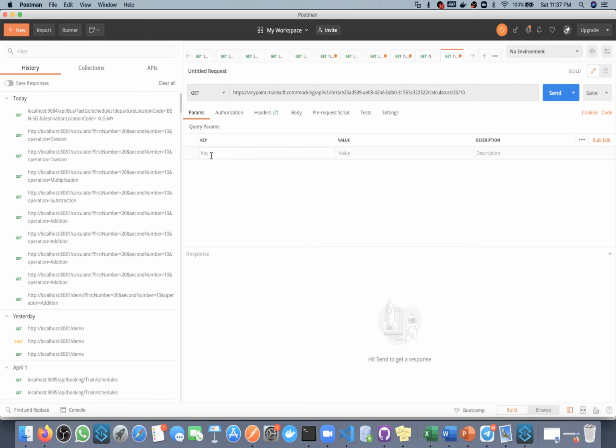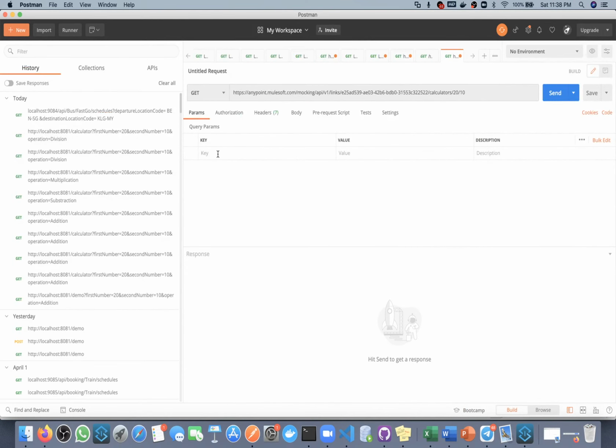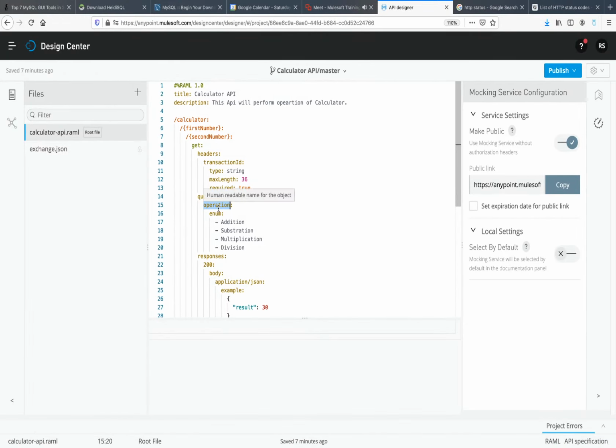So what is my query parameter name? Operation. So I will select operation here. In operation for now I am passing anything, and we'll see what the behavior of our API will be. I am not passing a correct query parameter; we should pass any of these values.